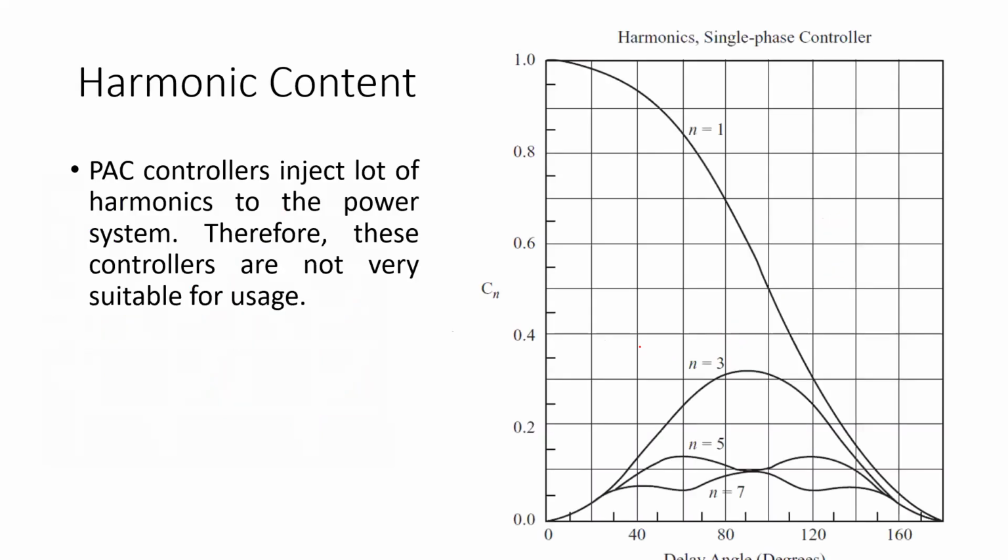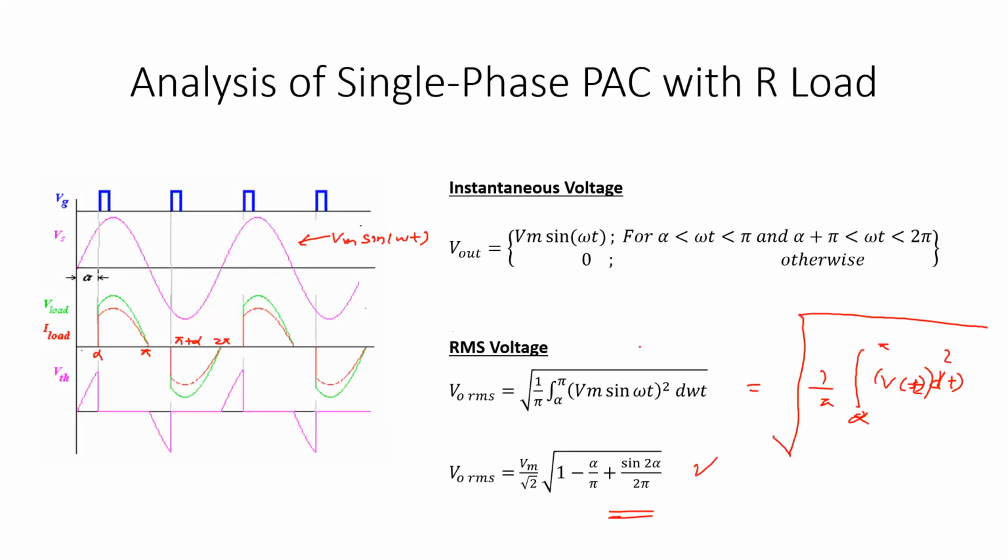Now we are coming to a little bit important part. Now we know how to analyze a circuit. We have all the equations, so we know what the instantaneous voltage is. If you are asked to find the instantaneous voltage at any point, you just have to use this equation. The output voltage will appear in these regions only, between α and π and between α+π and 2π. Otherwise it is 0. So if you are asked to calculate instantaneous voltage, you know what to do.